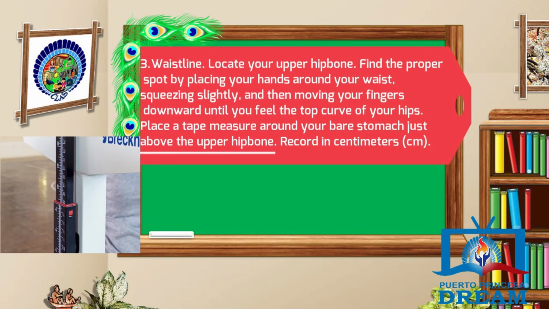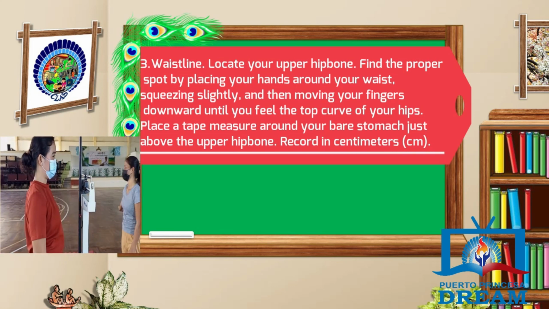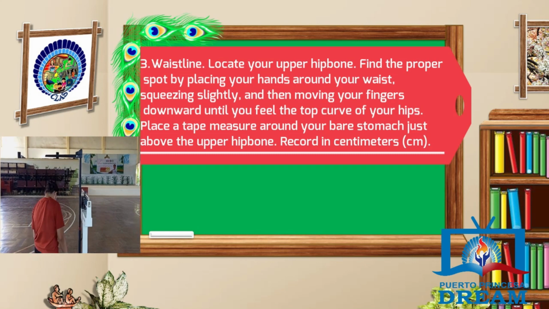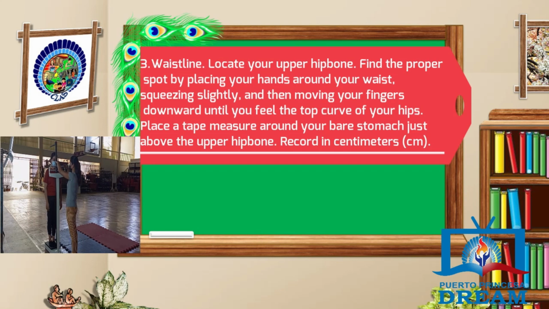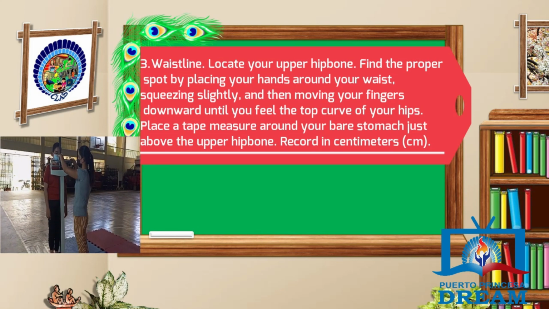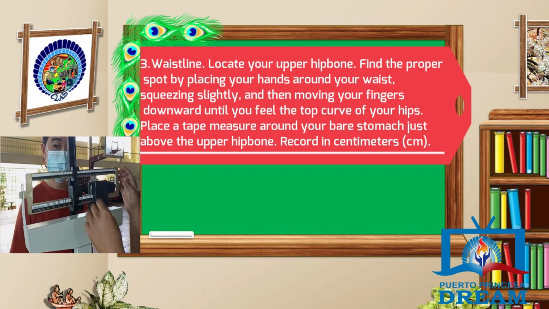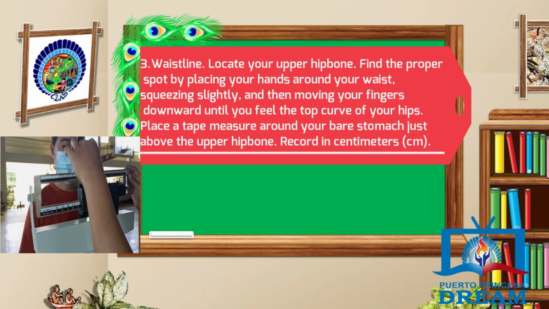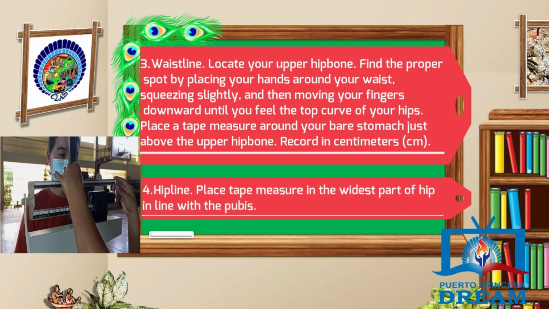Waistline: locate your upper hip bone. Find the proper spot by placing your hands around your waist, squeezing slightly, and then moving your fingers downward until you feel the top curve of your hips. Place a tape measure around your bare stomach just above the upper hip bone. Record in centimeters. Hip line: place tape measure in the widest part of